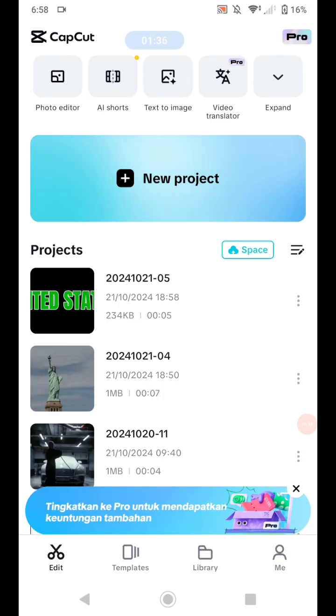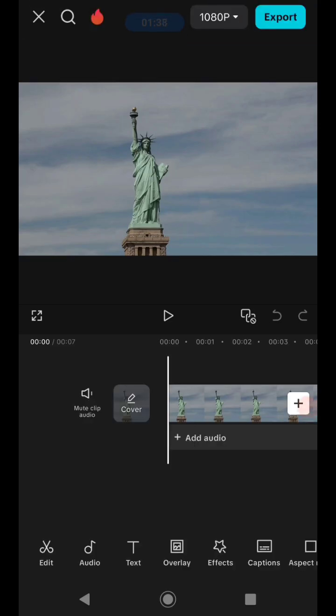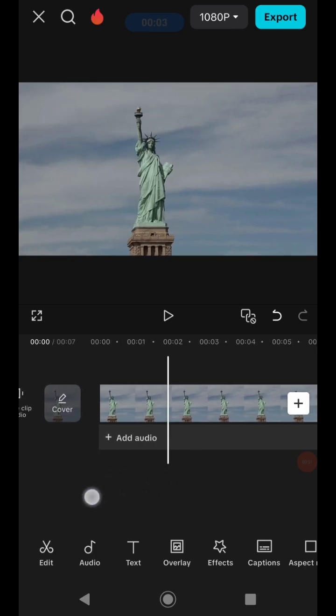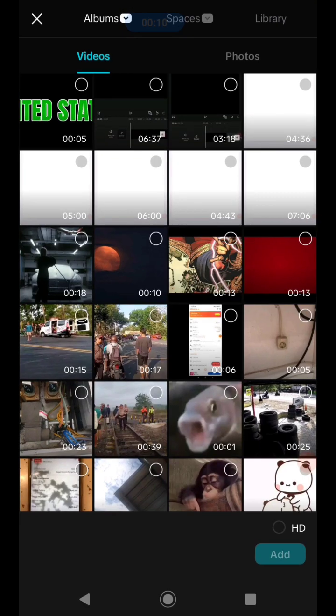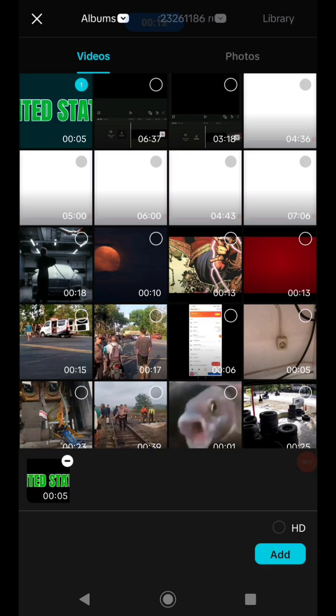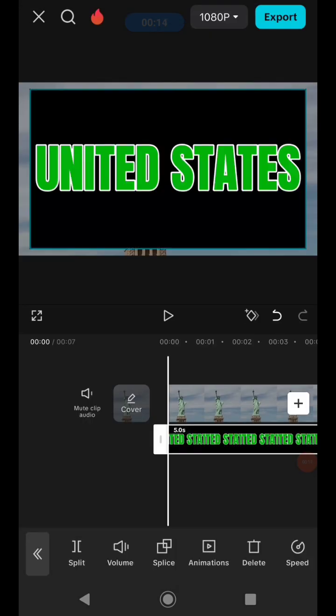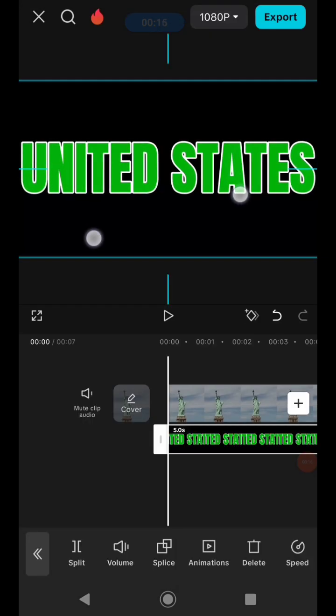And now you need to move to the intro that you want to add the parallax effect. And after you import the video that you want to add the effects, then you need to click overlay button down here, click it, and then add an overlay and add the text that you already saved before, and then adding it. Now you need to fit the text onto the screen like this,